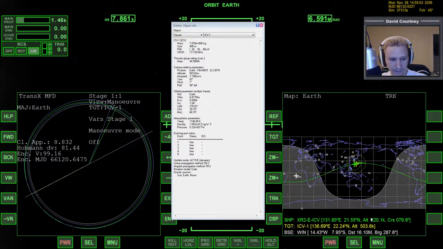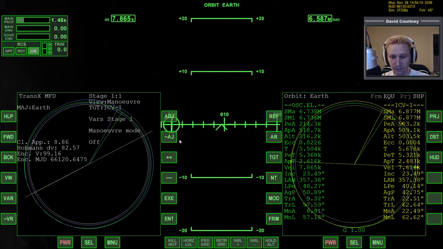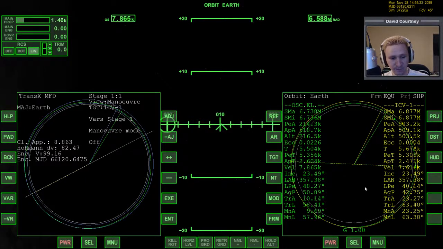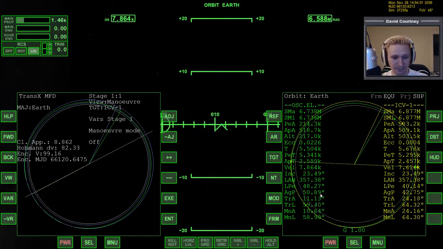So in the last video, I did the transx setup and burn that would allow us to go from our current position, which is an altitude of about 215 kilometers, to raise the other side of our orbit out so that we would be at the same height as the target vessel. But we also want to make sure that we arrive at the same time that it's going to be passing a specific point in space. Now, one thing I didn't take into consideration at all was day and night, so we won't worry about that. So I need to warp time forward